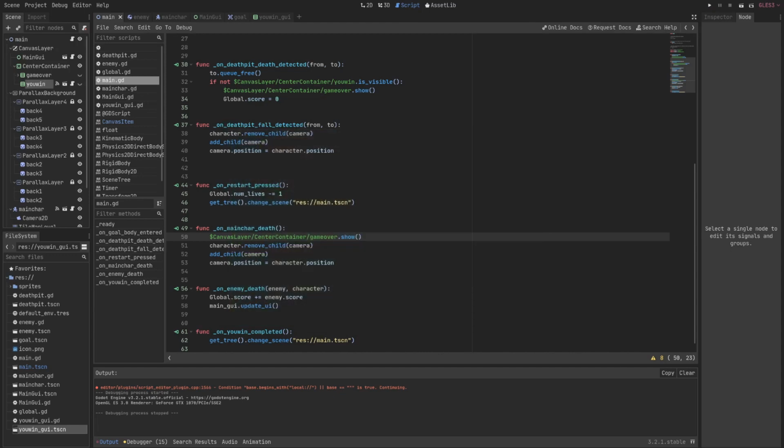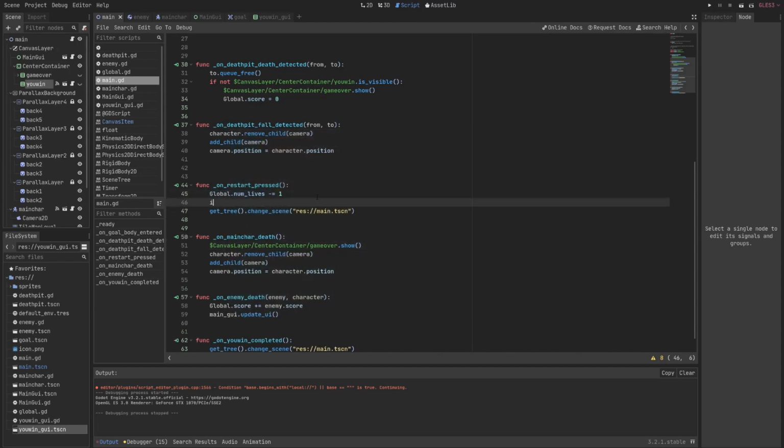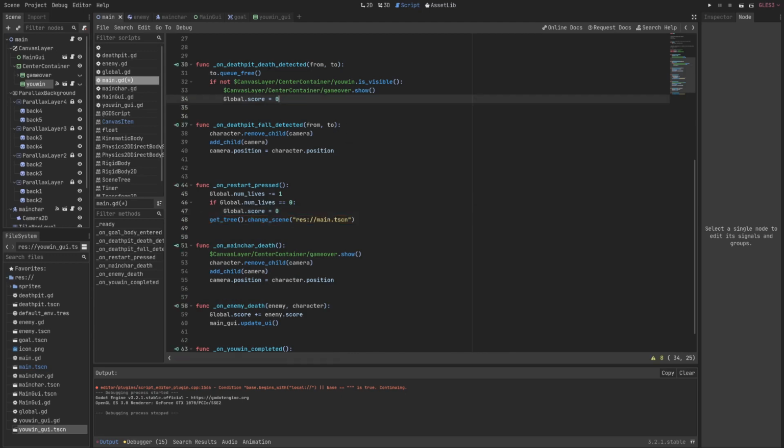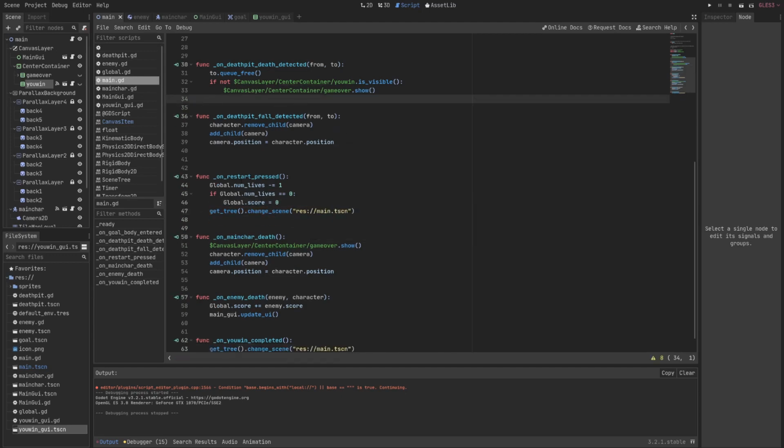And once I get to 0, my score will be 0. So I won't actually do this here. So basically what I'm doing now is once my number of lives gets to 0 when my restart is pressed, then my score just goes back to 0. And now that I am restarting my score once this restart is pressed, let's also create a leaderboard